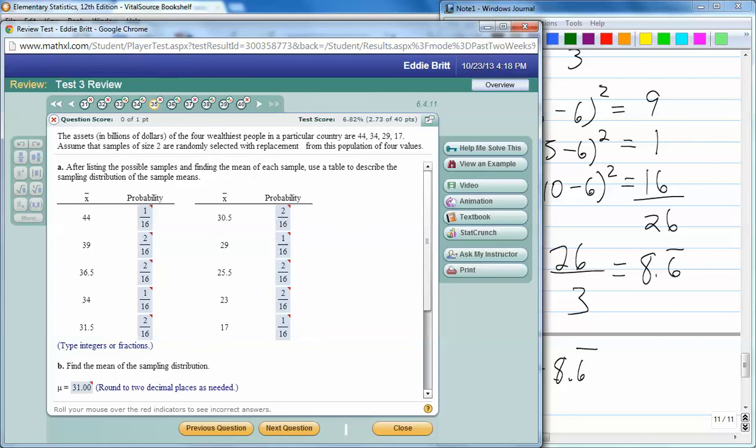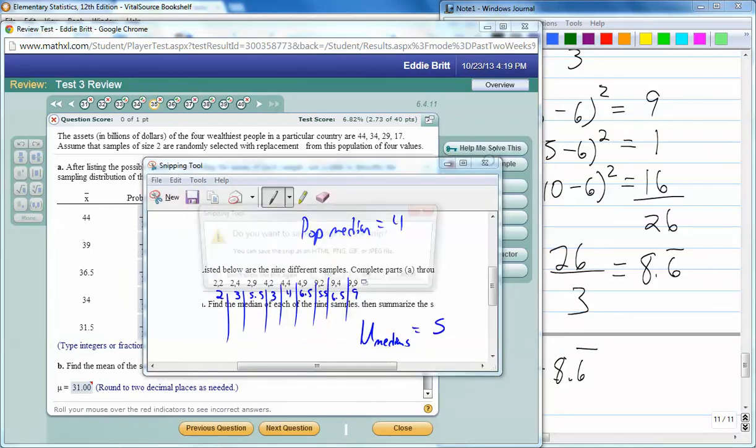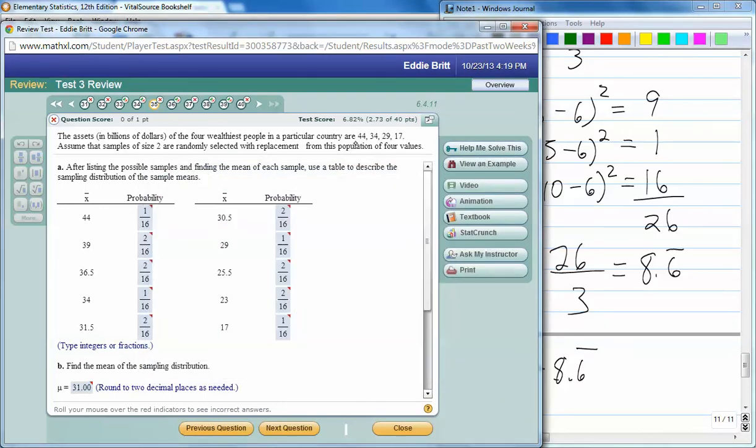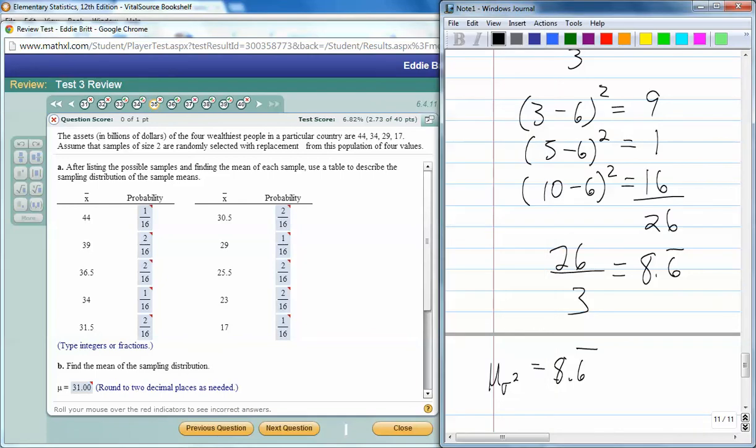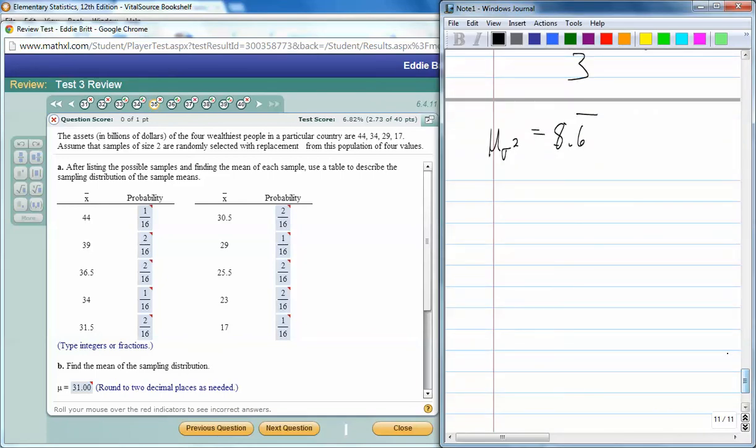Now, it does not give you the actual samples. It says the sample size is 2 on this one. Does it say with replacement or without replacement? With replacement. So what you're going to need to do is figure out all the samples. If those are our 4 possibilities, and we have replacement, and we have sample sizes of 2,